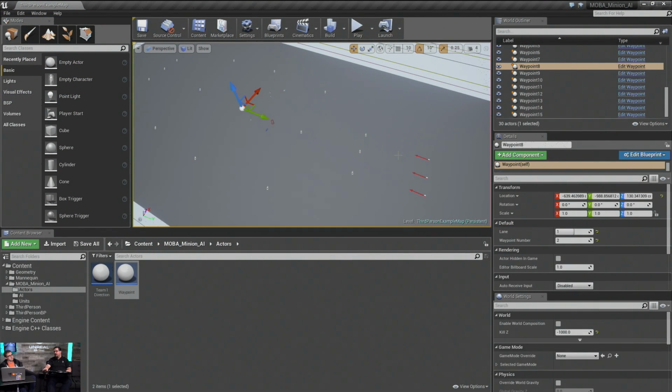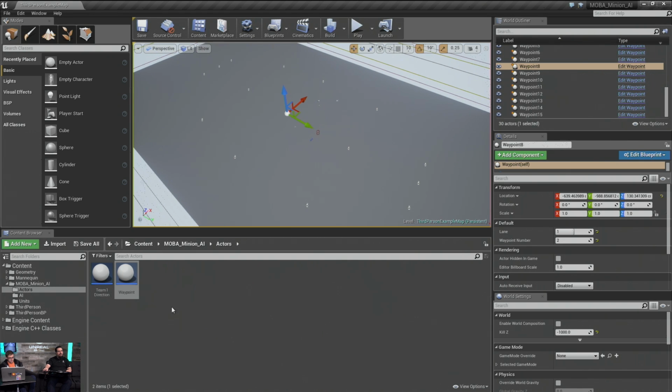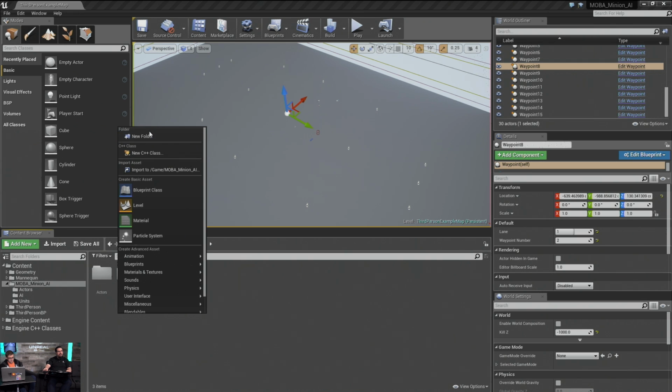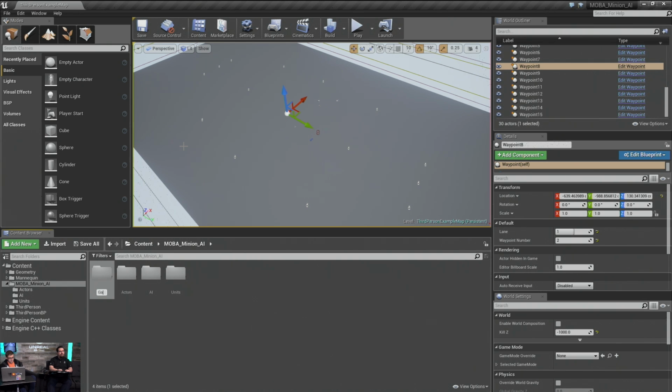And then, of course, the core will be sitting near the end of the waypoints, so they'll get there and be like, oh, I killed the core now because I'm at the end of my line. Okay, so let's go ahead and create our game mode. We'll need another folder. Yay, folders. And we'll do game off.